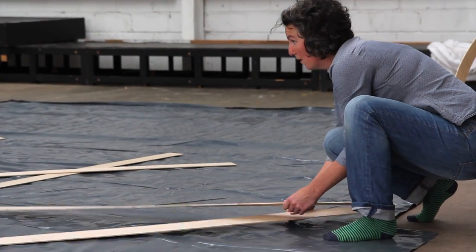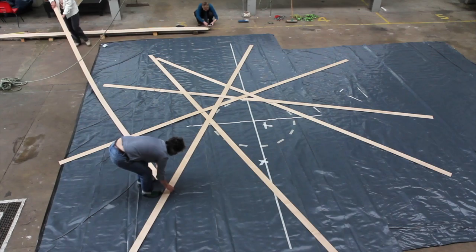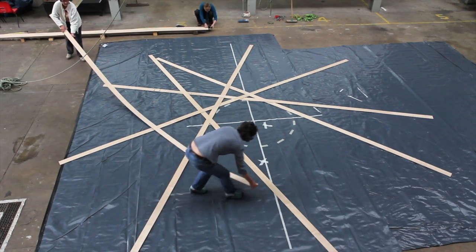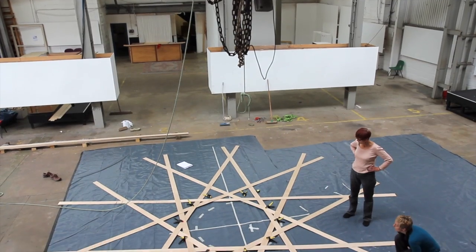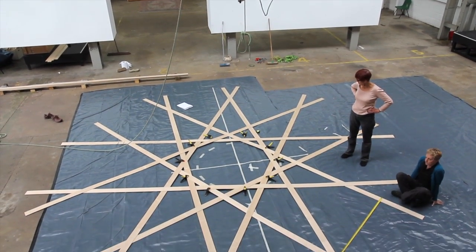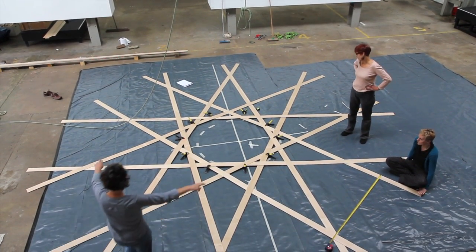The structures that we're making at the moment are using a number like 8 or 10 lengths, and they're laid out in a grid, which is a really simple over-under pattern. It's a little bit mathematical to begin with, but once the grid is laid out and it's sitting on the ground, then we're hoisting that up. So we're